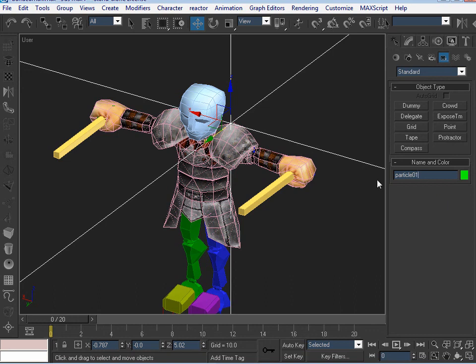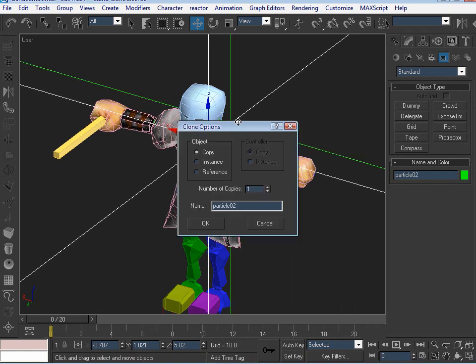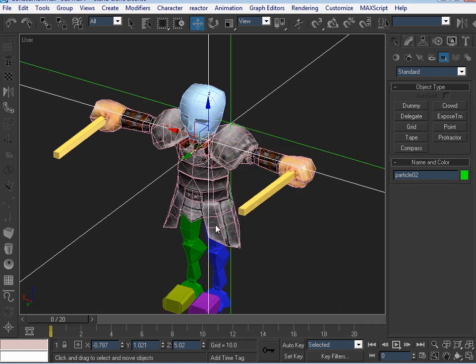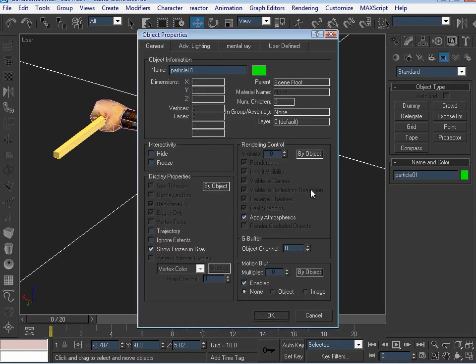And then go ahead and take this, and if we hold down shift and move it, we'll clone a new one, okay? Which makes this really fast, and it gives it the next number in a row. Actually, before we do that though, let's go ahead and right click on it, go to properties, okay? We're going to go over to the